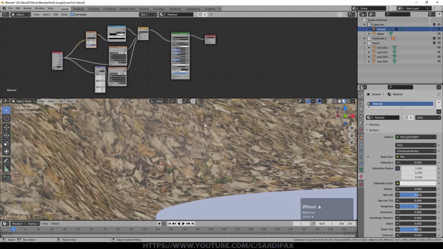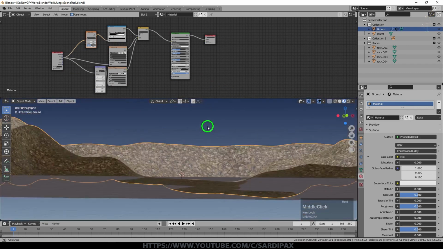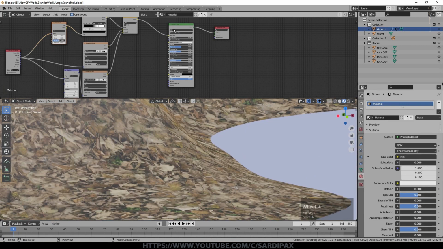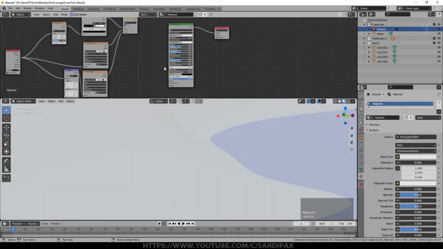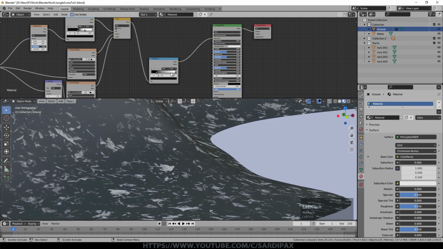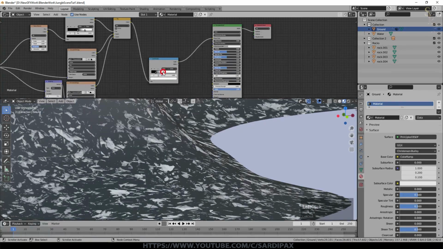So that's given us a basic texture for the ground of our jungle, but it doesn't give us any kind of surface texture. So I'm just going to unplug the texture for a minute, and I'm going to add another color ramp. I'm going to move these two over slightly. I'm going to put our mixed texture into the color ramp. Again, let's just see what that's doing for a moment. And then I'm just going to narrow it in, and the idea is that certain parts will be bright, but we'll have dark patches as well.